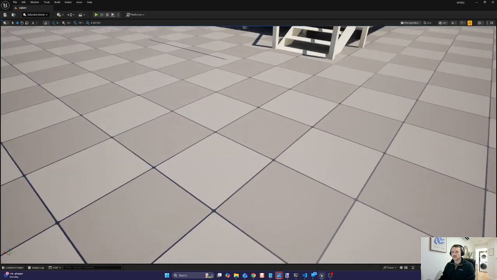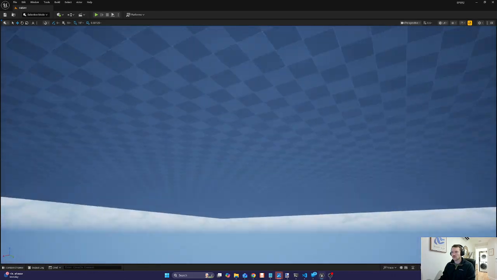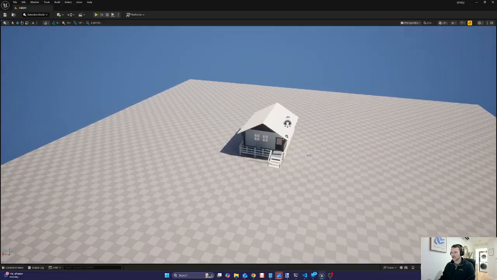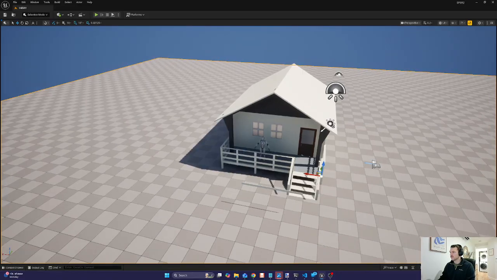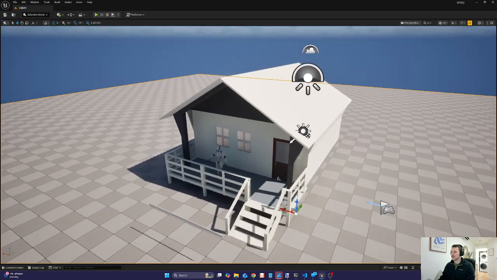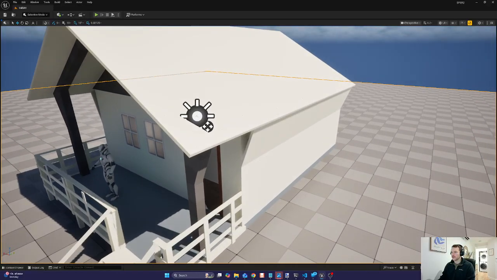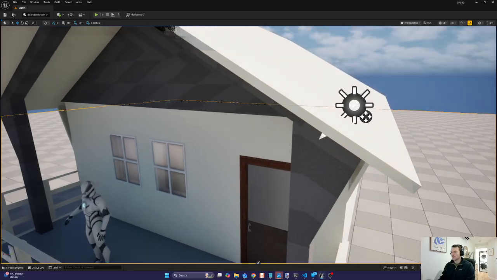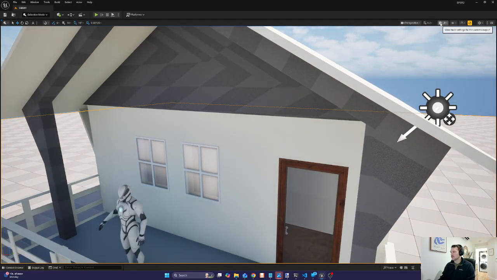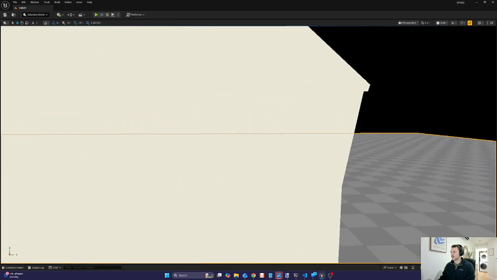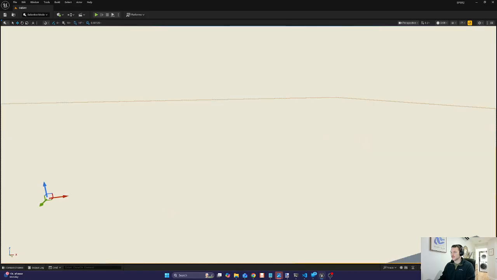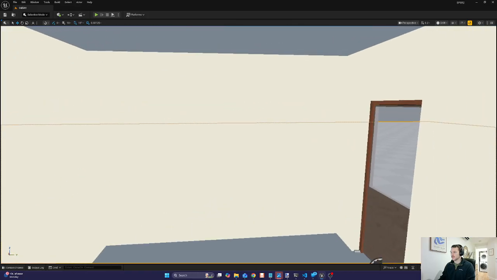All right, so need to slow down the camera. All right, so we're going to try to finish this cabin today. Only got probably 30 minutes, but I think we can get a lot done. So what we have is a mostly finished cabin on the outside. There might be a couple things I need to fix, but inside we need to go ahead and put in